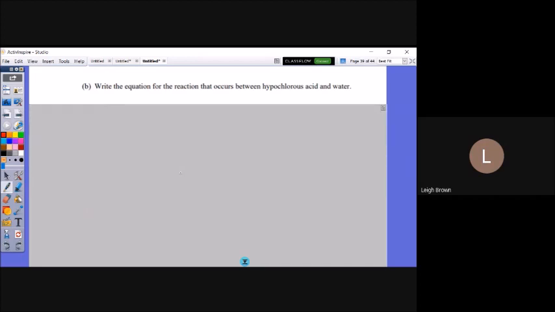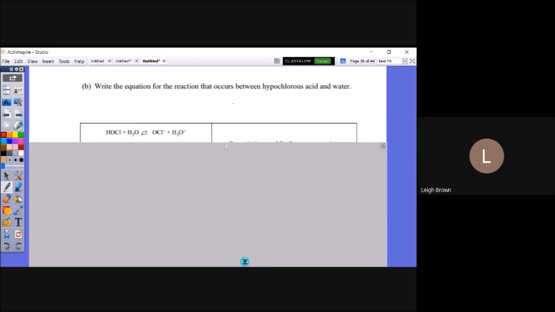Your final answer is going to be this negative ion plus your H+ gives you this weak acid. This formula is right here. This is hypochlorous acid and water. You would be told this is a weak acid, or you should even know it's a weak acid since you know the 6 strong acids. Weak acids stay their whole molecule plus water, they do not break up. So this would be the reaction I would write, plus water. They also accepted the reaction without the water.